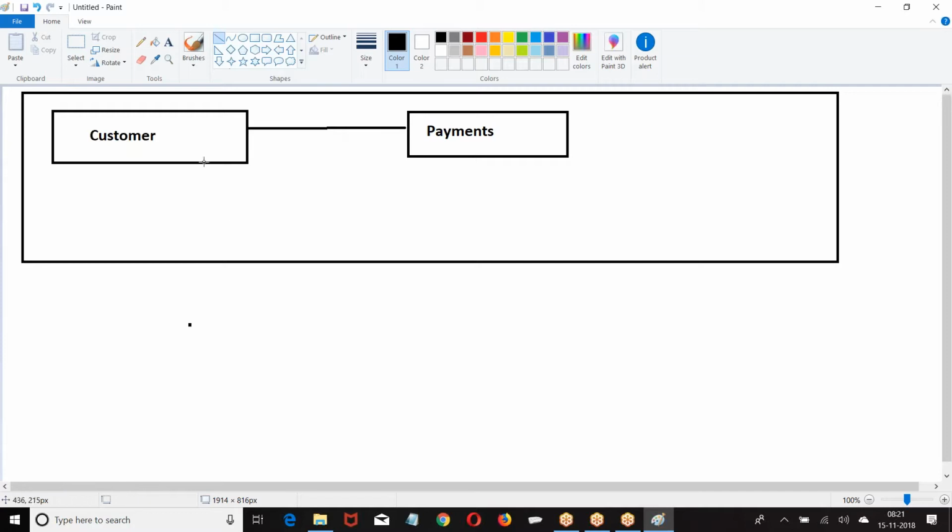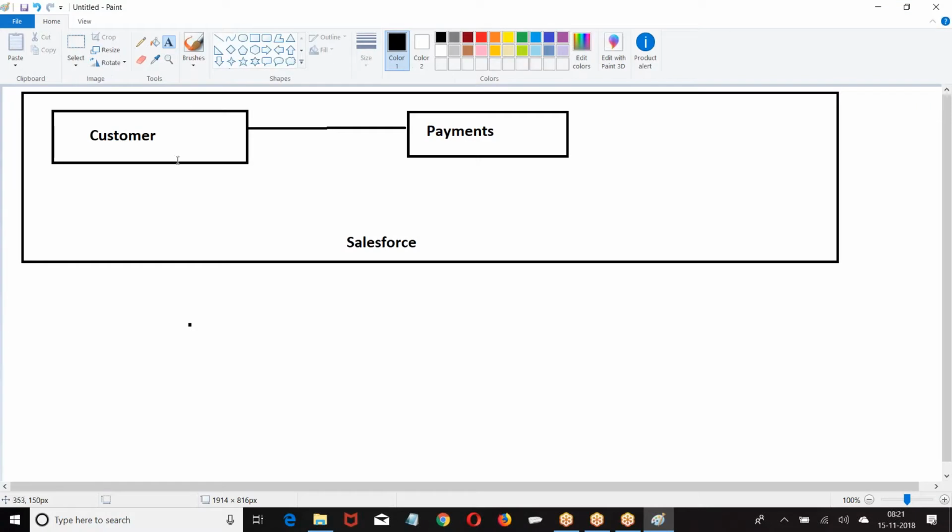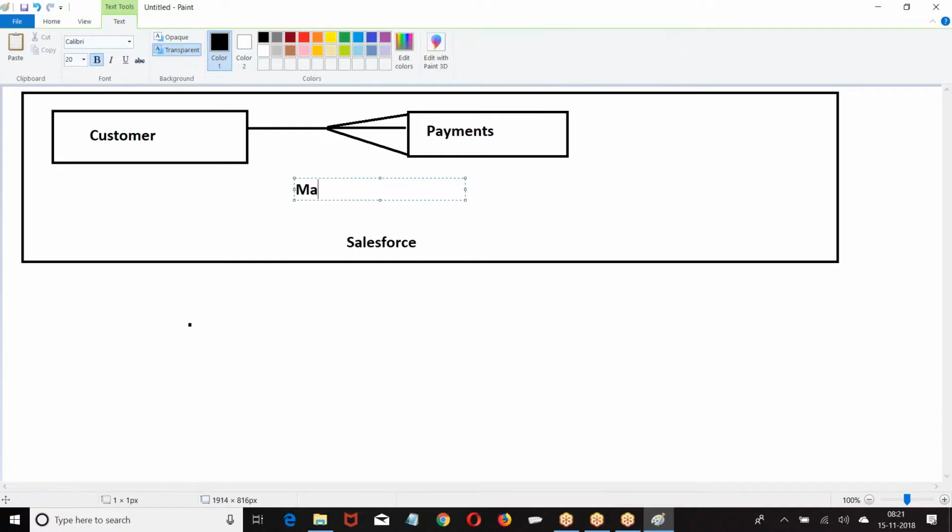In Salesforce, we have the customer object and the payment object. We established a relation between these two objects. Both objects are in Salesforce, and we are establishing a relation between them. What was that? Master detail.